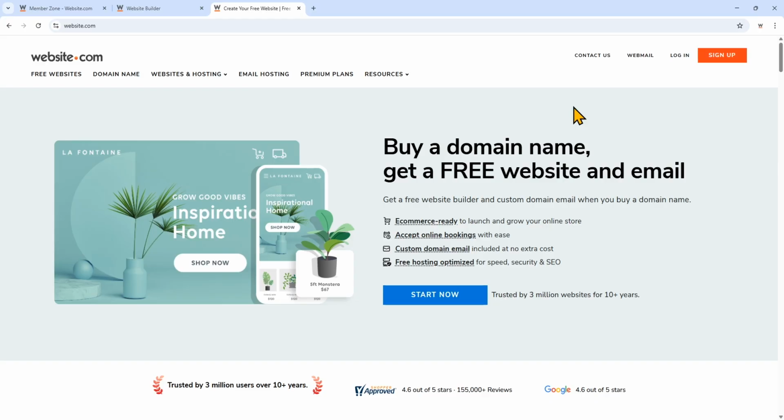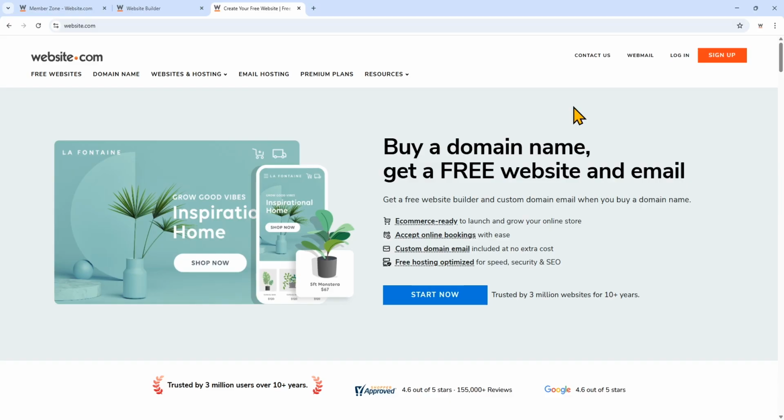I'm going to show you all the essential elements for what you need to include on your home inspection website so that you establish yourself as the home inspector that buyers, sellers, and real estate agents trust. It doesn't require any technical skills or prior web design knowledge. You can make this entire website using the Website.com site builder, starting with a template and adding your own content.